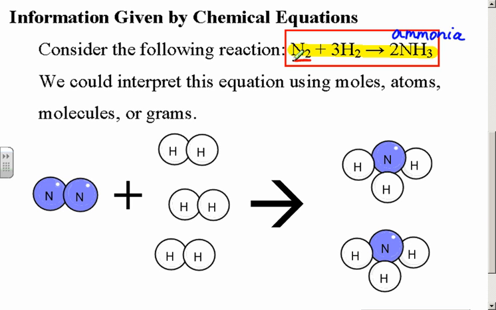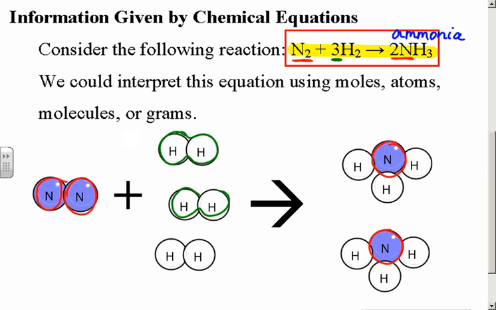I have 2 nitrogens on the left, and I have 2 nitrogens on the right. I can represent this with molecules as shown here. 2 nitrogens go into this reaction, and I get 2 nitrogens coming out of this reaction. This is why we balanced equations, and what we find is that those coefficients we wrote, for example, this 3 right here in front of the hydrogen, was showing me that I had 1,